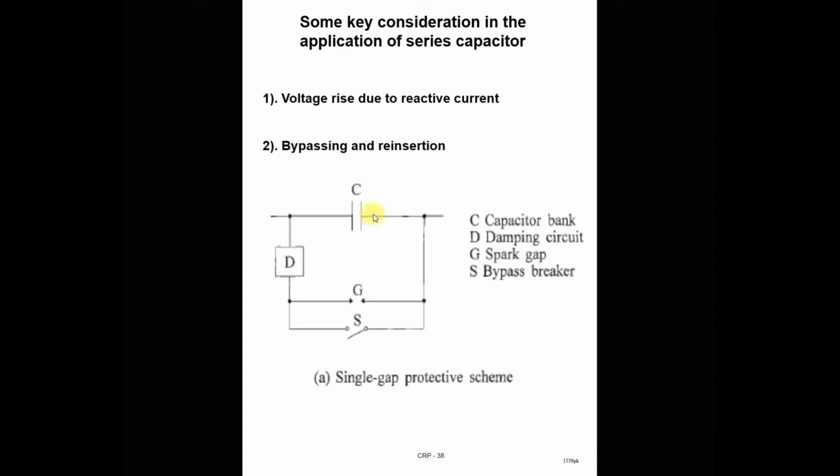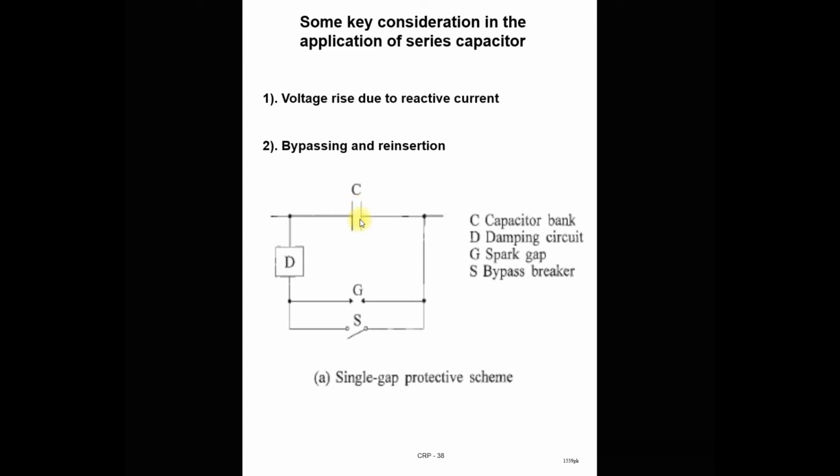You can see that here this series capacitor is connected in series with the line, but during the fault condition, what will happen? A very high voltage appears across this capacitor. Under normal conditions, the voltage across the capacitor is a very small percentage of the rated line voltage, or we can say the regulated voltage. During the short circuit condition, when a fault happens, at this point the voltage across the capacitor goes beyond the capacity of this capacitor. So it is possible that your capacitor will be damaged.